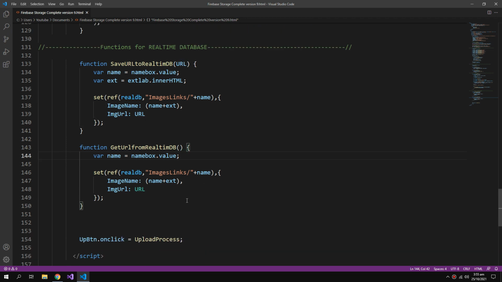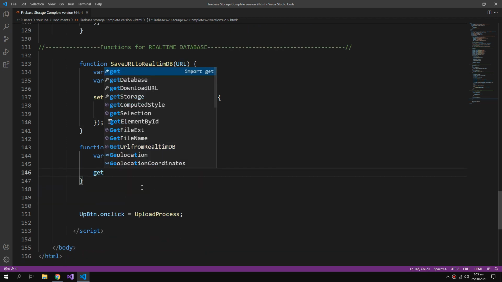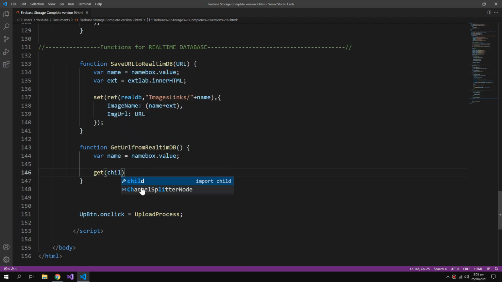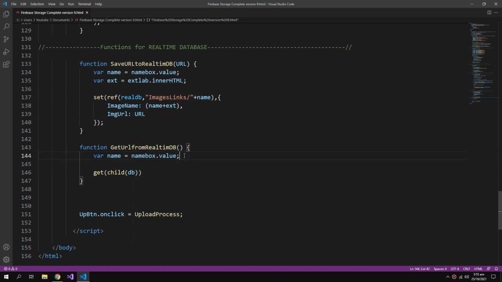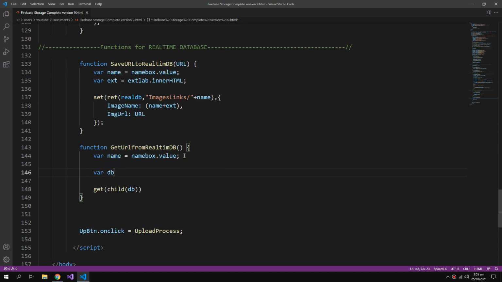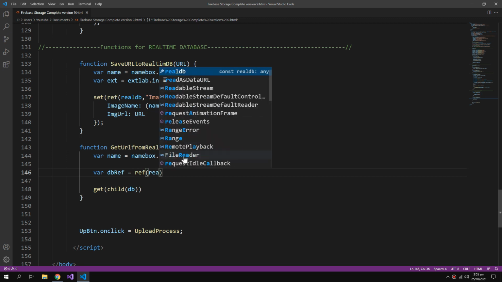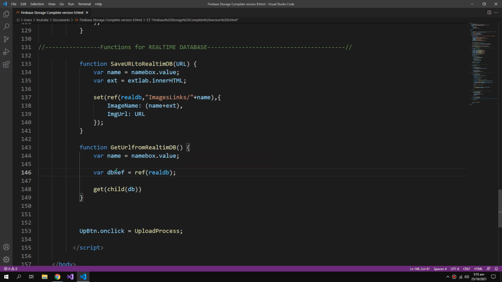So only the name of the file, and then the get function, and inside that a child function which will take the DB reference. I also need to create a DB reference. So var DB ref equals to reference of the real DB. So now I will pass this reference and the address, which is images, which is the same as this, dot